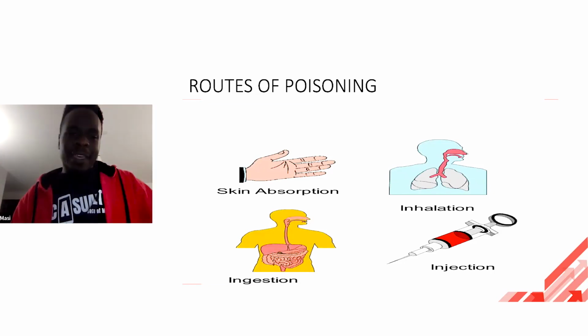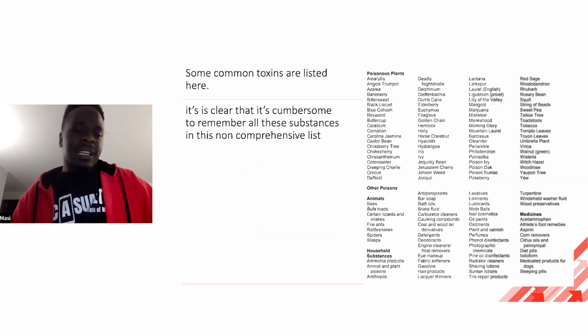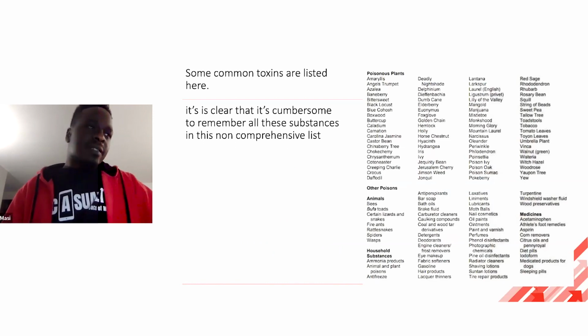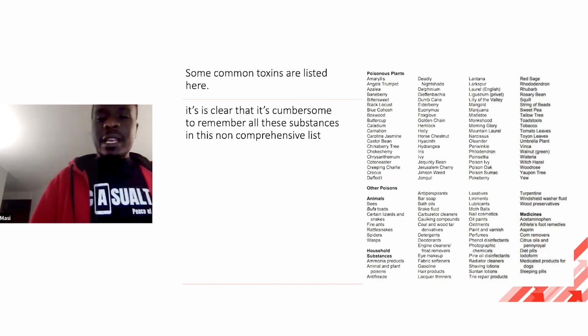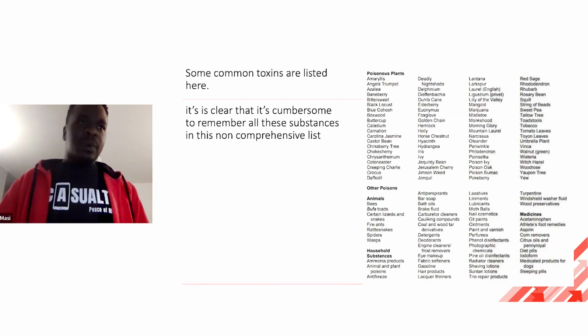So poisoning essentially can occur as a result of so many things. On the right-hand side of the screen, you'd see a bunch of things that you could get exposed to and essentially develop symptoms that can be life-threatening to you. It is pointless to note all these things. It's actually quite cumbersome, and just that list is probably the type of list that makes doctors get tired.